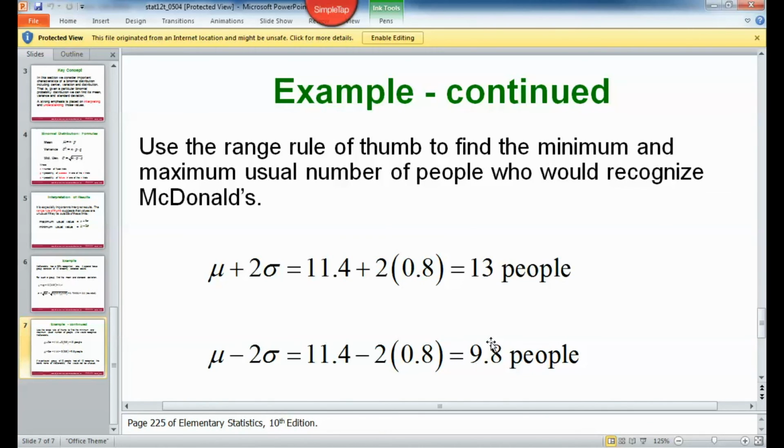So what this means is, let's say there would have been a question that said, is it unusual when selecting 12 adults that 7 of them recognize McDonald's? Well, using common sense, you can think, yeah, that's pretty unusual, but mathematically, the reason why it's unusual is because it's less than 9.8. Okay? That finishes